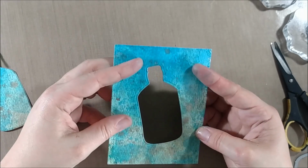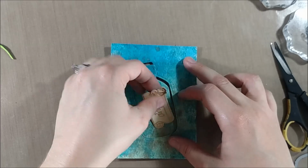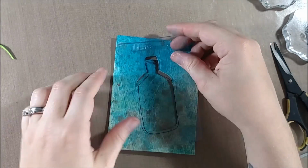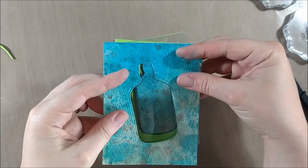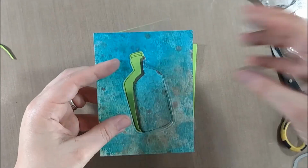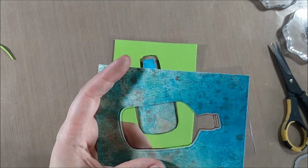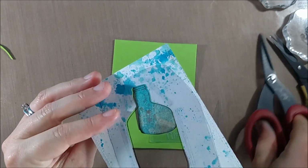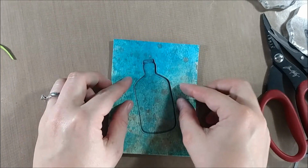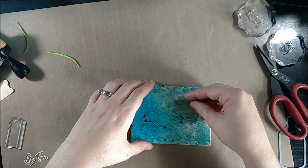And so I also trimmed out the area a little bit because otherwise you would see that green right through the edges. So what I recommend doing is just cutting it a little bit bigger. So the bottle shaped hole would be just a smidge bigger. And then cut off the edges of the green foam for the same thing on the sides. Then I have that plastic piece that I stamped in the beginning, and I'm making it the window to my shaker. I taped it to the back of the ocean panel,